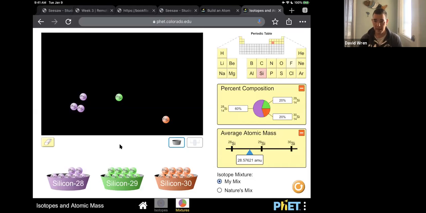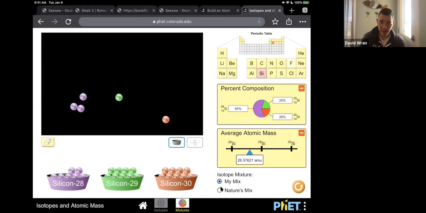The whole takeaway, and I'll say this for lecture tomorrow, is that if you look at the periodic table and the weighted atomic masses, there is no silicon with a mass of 28.57621. You're silicon 28, or you're silicon 29, or you're silicon 30, right? This is a very common misconception we get all the way through chemistry, that the average is actually giving us all the isotopes. Most atoms we can see have more than one isotope, okay?